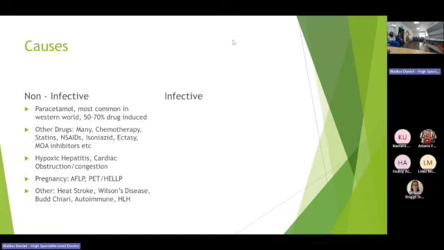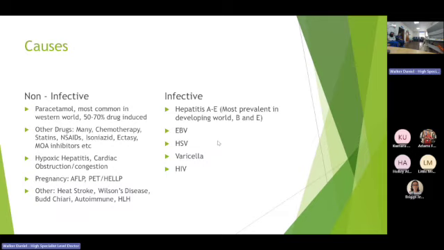Wilson's disease tends to cause more of a subacute picture, and often develops over such a period of time. You could almost argue it's acute or chronic. Infective causes, everyone knows about the hepatitis. Otherwise, HSV and varicella and Epstein-Barr virus and HIV can also lead to acute liver failure as well. Okay. As I said, hepatitis A has a reasonable prevalence in Mediterranean countries, occasionally develops in this